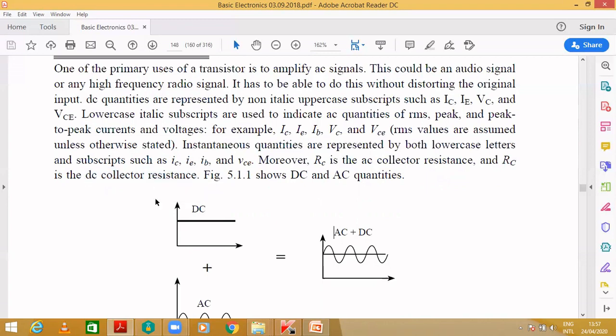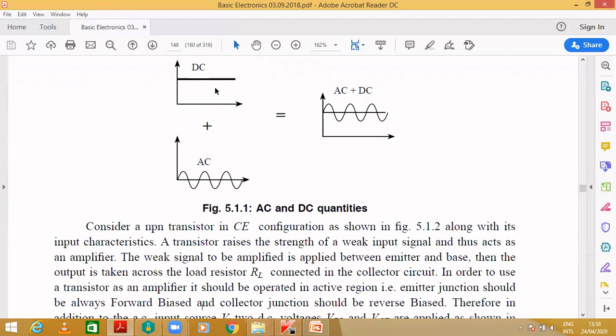So here you can see, if I add DC and AC, the AC signal is on the axis. When you add it with a DC, it is shifting. So here you can see it is shifted. So why do we use the DC with AC? In order to shift the signal, or in order to maintain the operating point constant. Okay, so next let's start with the general operation.